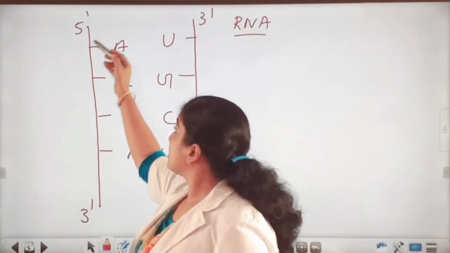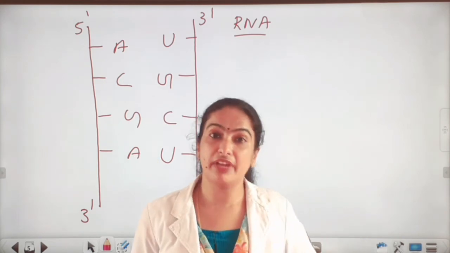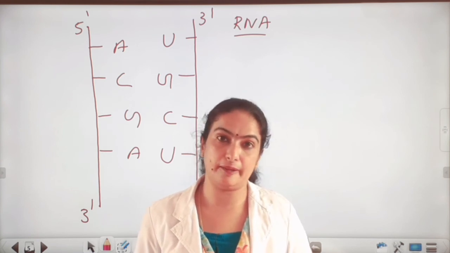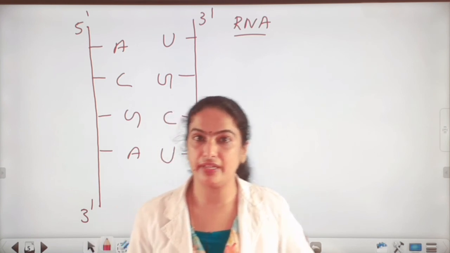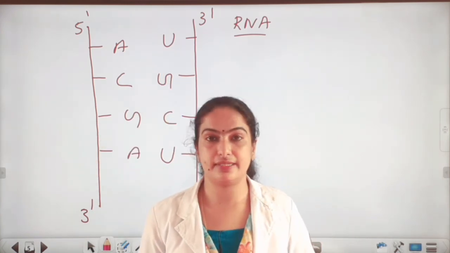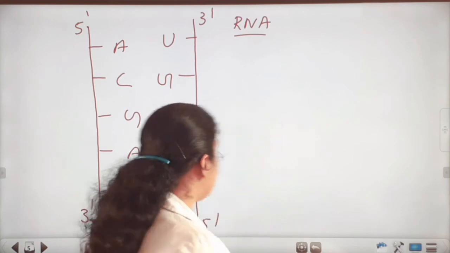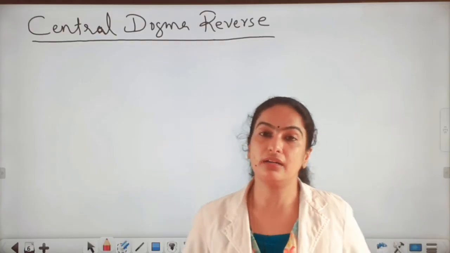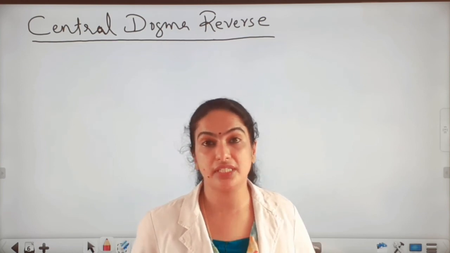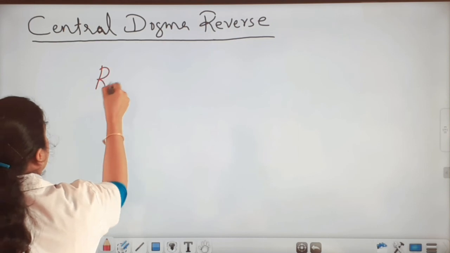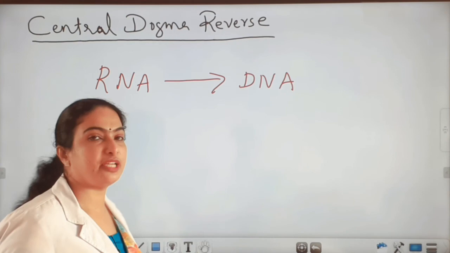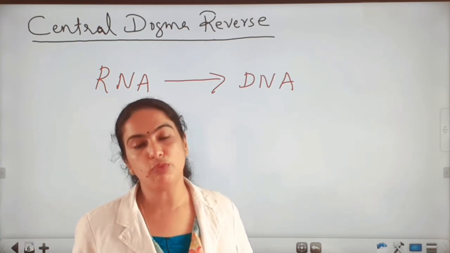When the nitrogen bases of one strand are known, it is very easy to predict the nitrogen bases of another strand in DNA. And in RNA also we can easily predict if we know the template strand nitrogen bases. Is it clear? Next we can see central dogma reverse. In some viruses there is a flow of genetic material from RNA to DNA. Normally there is a flow of genetic information from DNA to RNA, but in some viruses, for example retroviruses,